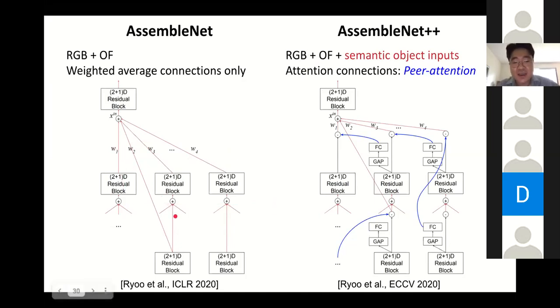It tries to connect everything, but in AssemblyNet++, it not only tries to connect everything, but it has one more gate before trying to connect everything. And the gate actually is an attention mechanism controlled by something else. So we actually name this peer attention instead of self-attention because the gate is actually controlled by another node. And we actually also need to find which node should be controlling the gating. So this is another connection search, peer attention connection search.